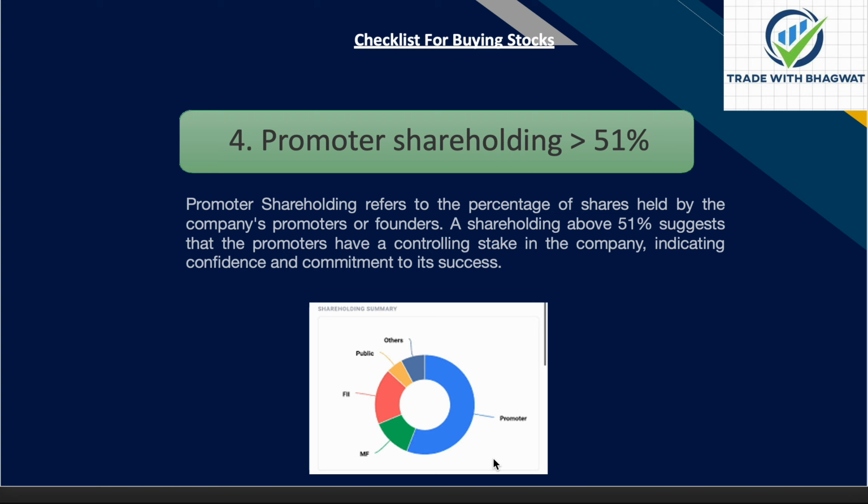That's the reason many company promoters don't want their confidence going down, or the plans they have in their mind, if they want to execute them, they need to have more than 51%. So technically they are going to be the controlling person, and it indicates confidence and commitment to its success. Because